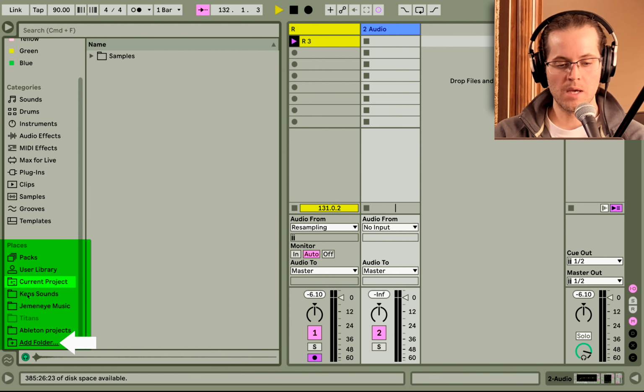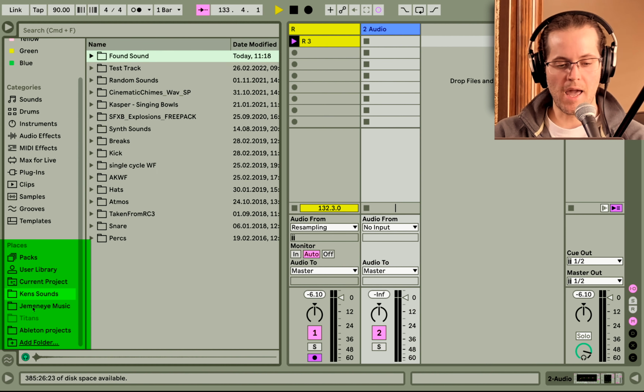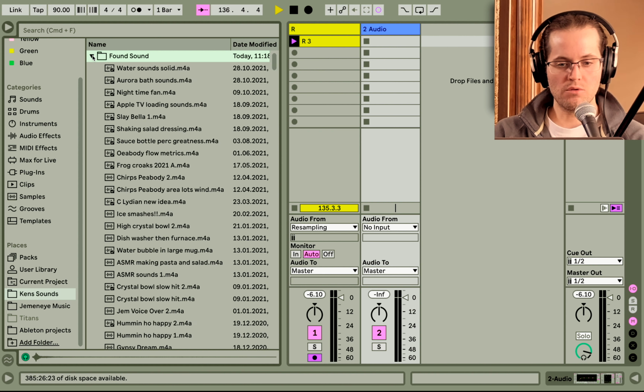So I have my Ken sounds. And because I added it, it's now referencing that folder on my hard drive. And these are all of my own sounds. And the folder I want to use is Found Sound. Found Sound, for those who don't know, is basically you